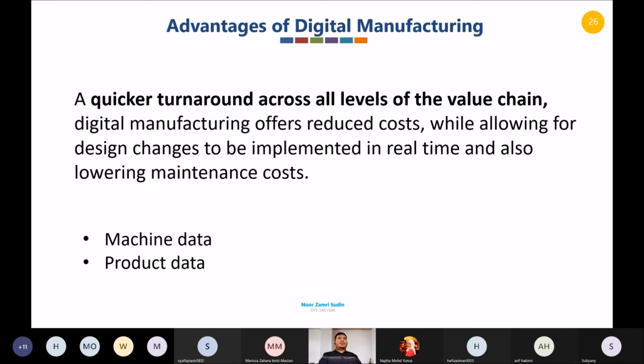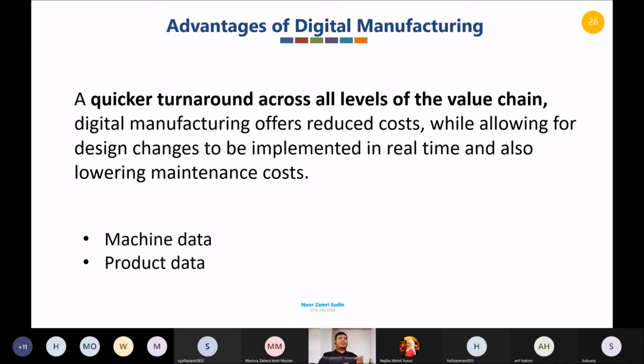By using digital manufacturing, you can also get a quicker turnaround across all levels of the value chain. For example, you can use machine data and product data to reduce the cost of maintenance. Before you run your actual process, you can test or simulate it first in your digital world, and from there you can supervise and improve your process and your machine.